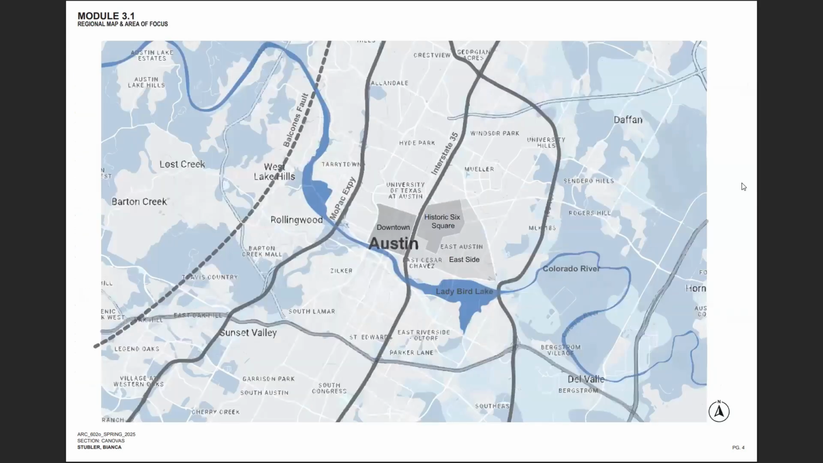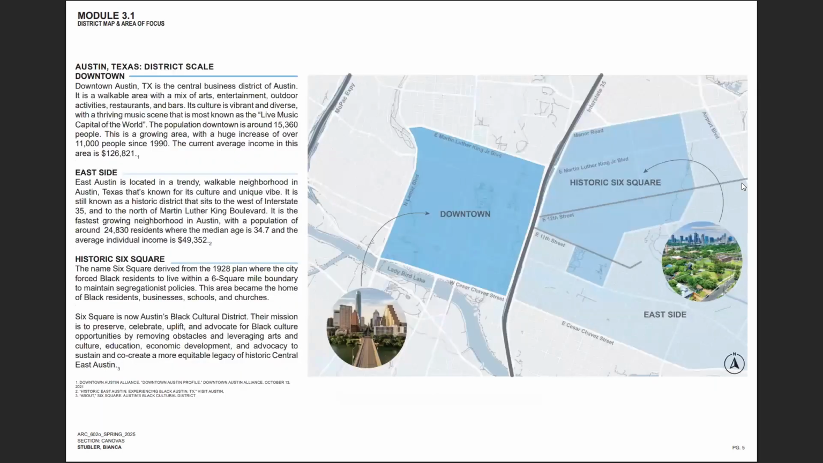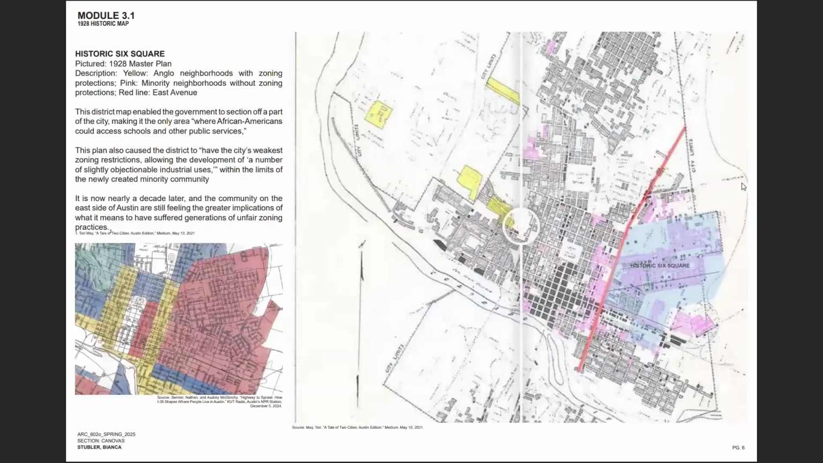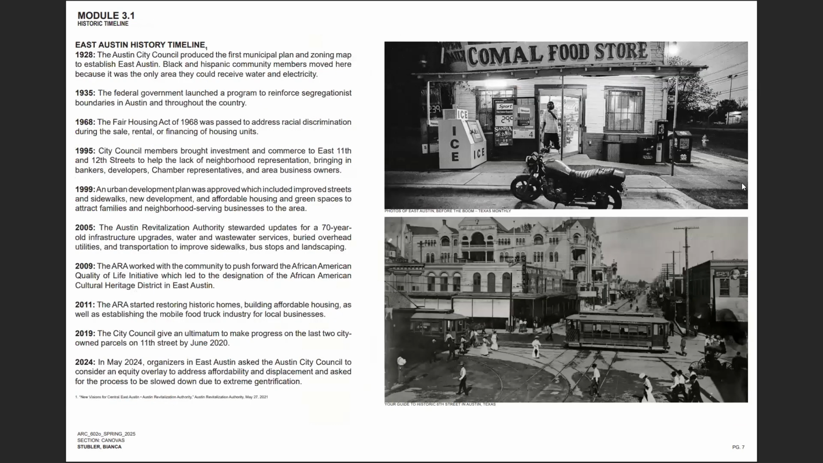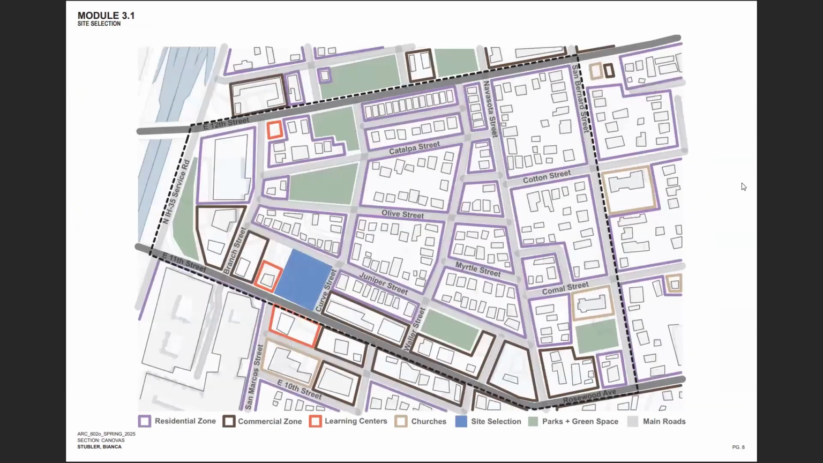Again, just going through, we're in Austin, Texas. We're on the east side. This is just highlighting where we are. Historic 6 Square, going over some of the history there and why I picked this location, and then digging in, highlighting the exact location that will be,